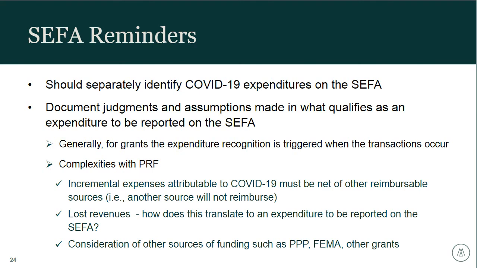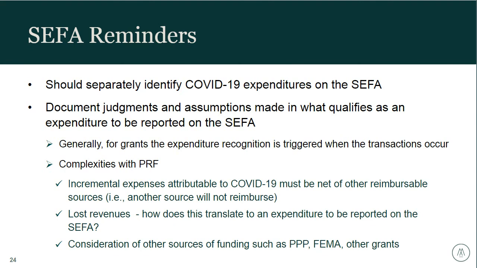Generally for grant expenditure recognition, it's really when the transaction occurs. However, in the Provider Relief Fund world, that's not going to be as straightforward because we're talking about incremental expenses that are attributable that you need to consider. What other reimbursable sources are there? Lost revenues are really not transactions that have occurred, because it's called lost revenue. So how do you correlate that back to an expenditure, and what does that need to look like on the SEFA? And again, hoping that the reporting will provide further clarity on